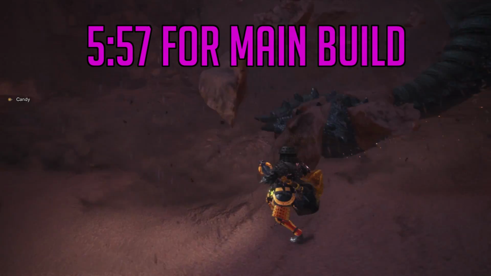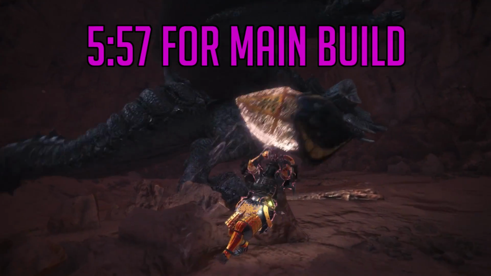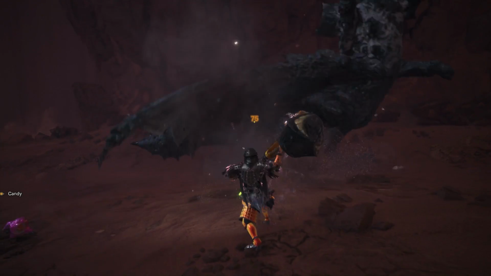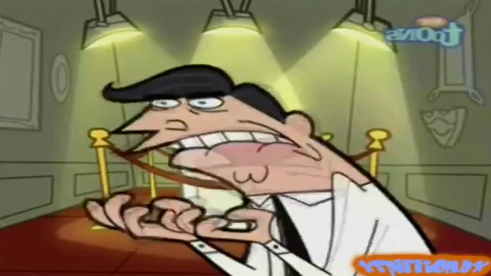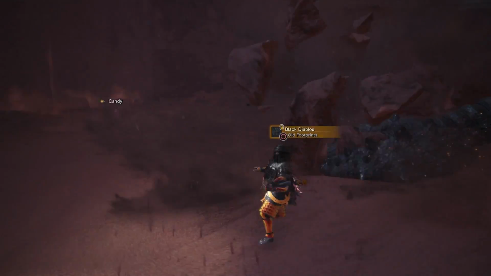A bit later I'm going to be showing the main build, but first we will start with the budget version of the build. The reason that this is a budget version of the build is because the main build requires 7 critical eye jewels, and this is where I'd put my critical eye jewels. If I had one! This build is also sort of a training wheels build, as it comes with the earplugs,